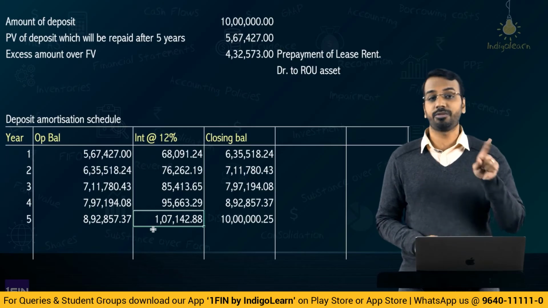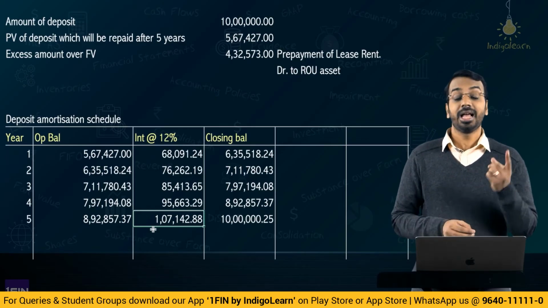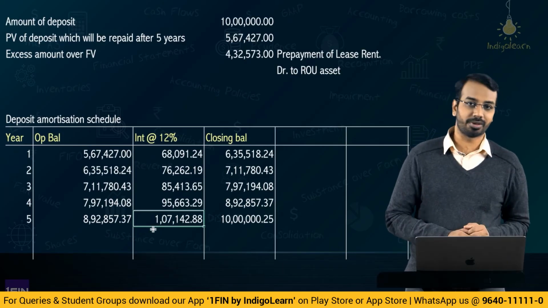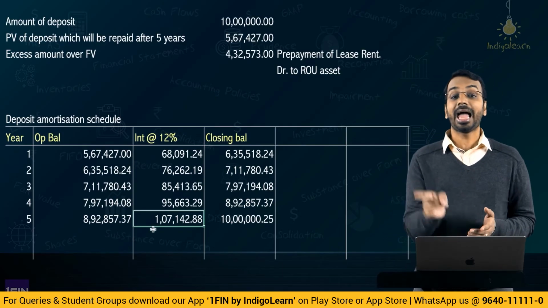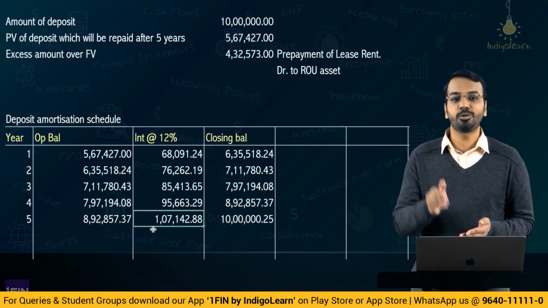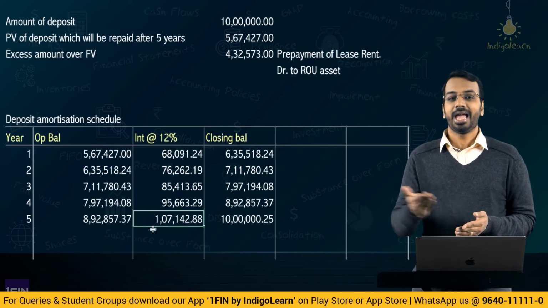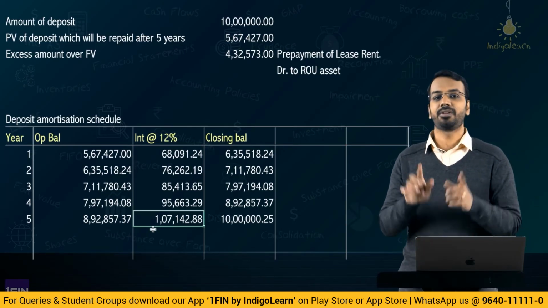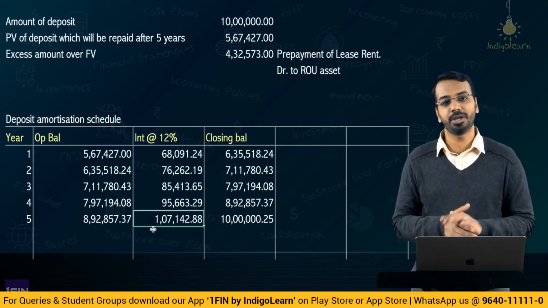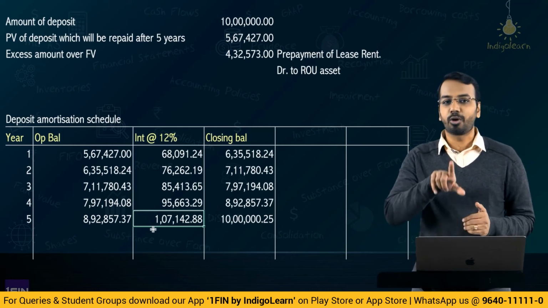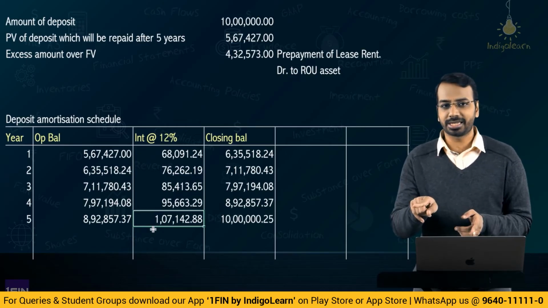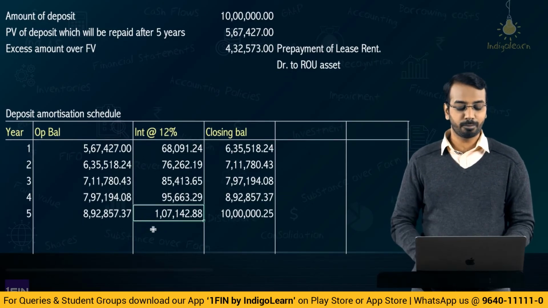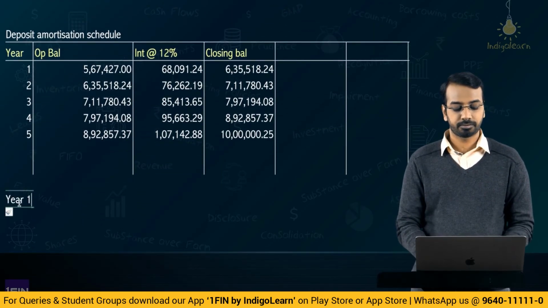One, the present value of the deposit, which is a financial asset, and the second component will be the right of use asset, which will be accounted as per Ind AS 116, and there is 10 lakhs of cash outflow. At the end of first year, the entity has to account for interest income. At the end of second year, third year, fourth year, fifth year, you will account for interest income, and at the end of the 5th year, you will get back 10 lakh rupees from the lessor. What do we do with right of use asset? That right of use asset, whatever amount you are capitalizing, that will be amortized, right? That will be amortized. So, year 1, journal entries,